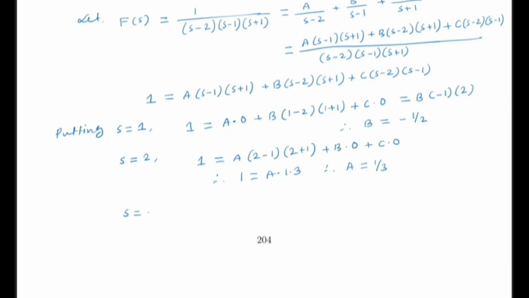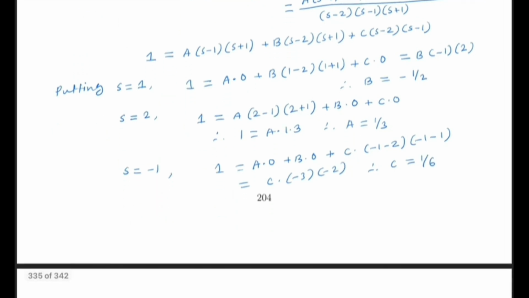Lastly we put s equal to minus 1. So again we have A into 0 because s plus 1 is a factor, plus B into 0, plus C into (minus 1 minus 2) and (minus 1 minus 1). So it is C into minus 3 times minus 2. So C is 1 by 6. Hence we get